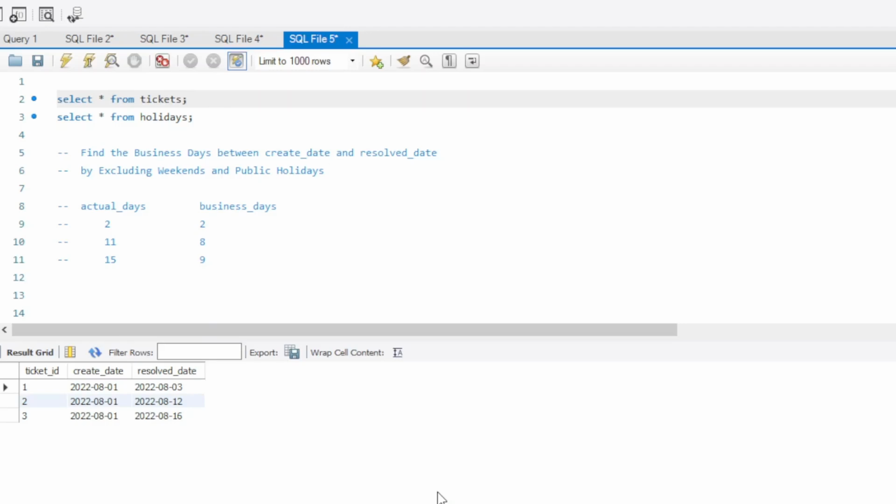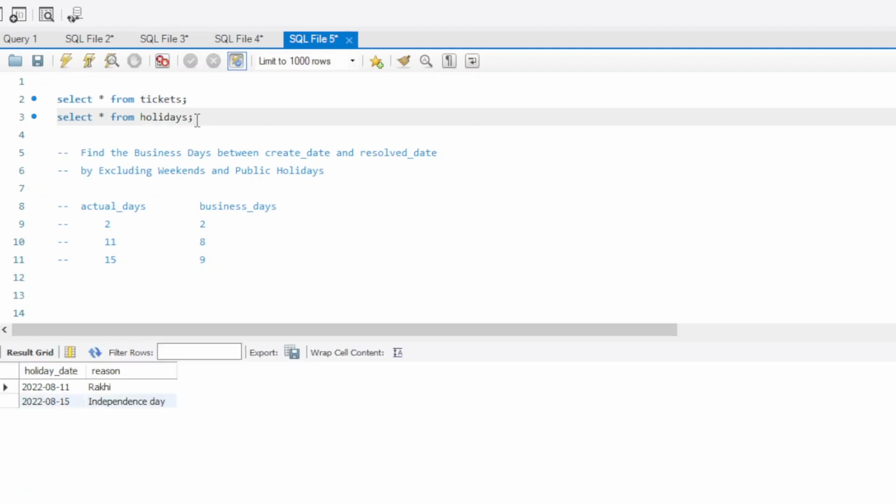Hi everyone. So today we'll be discussing another SQL interview problem. So let's see the problem statement. We have this table tickets in which we have ticket ID, create date and resolve date. Similarly, we have this holidays table in which we have the holiday date and the reason. So what we have to find is the business days between create date and resolve